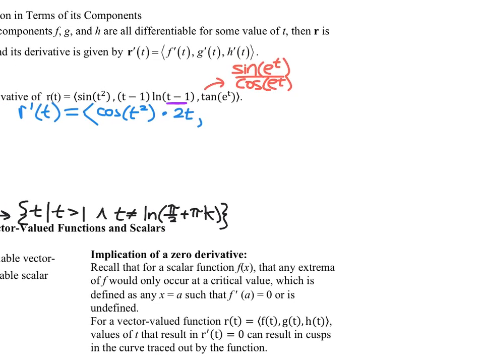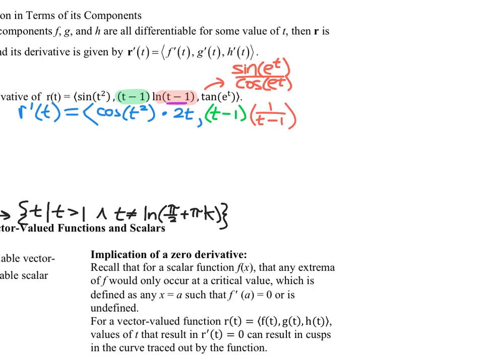The second piece, I'm going to highlight the two factors that make up the product. Product as in product rule. So the first, t minus 1, times the derivative of the second. So derivative of my second function, 1 over t minus 1,